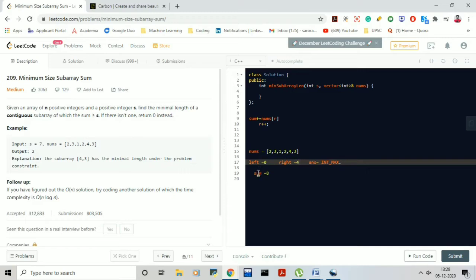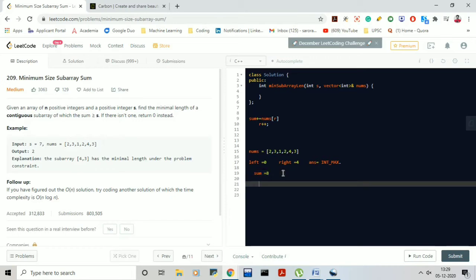Simple, right? Now we check: this sum, which is 8, is more than or equal to the given sum, which is 7. Our left is standing at the first location and the right pointer is at the fourth location, 0 1 2 3 4. So r is here and left is here, and if we do right minus left, we get the length of the subarray whose sum satisfies this. So our answer for now is right minus left, which is 4. Simple, right?